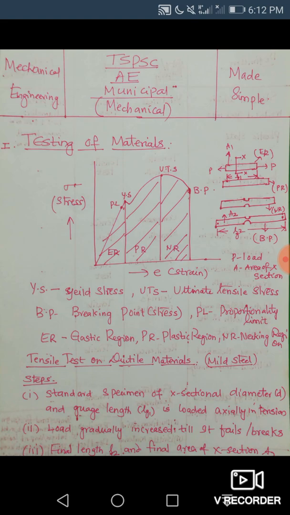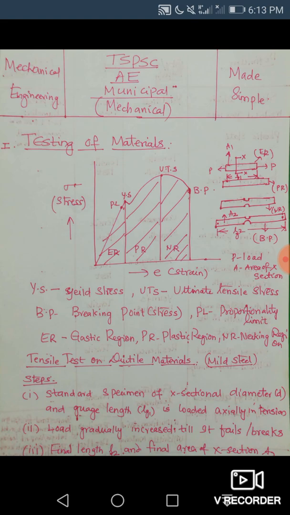I have shown you the bar position in various phases of the loading. On the left hand side, I have shown a diagram drawn between the stress and strain, with various points and regions. In the right hand side bar, in the elastic region the length is the same, Lg1, in the plastic region the length is increasing, and in the necking region a small neck is formed, and finally at the breaking point the very big neck which is formed is going to break. So, this is how the test is conducted.